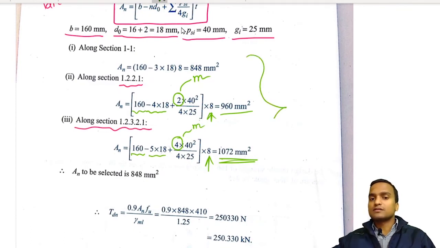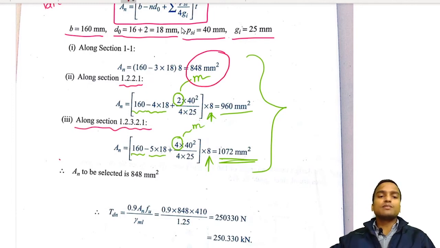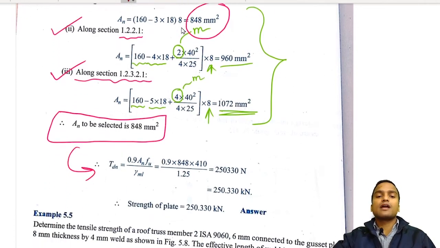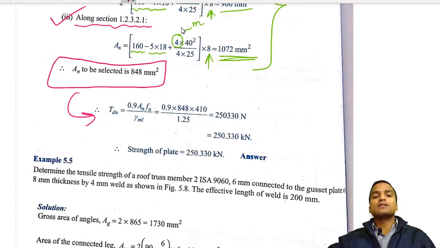Okay. So there are 3 net sectional areas which we have got, and if we analyze all these 3 critical sections, which one will give us the minimum strength? Of course, the critical section which has the minimum value of net sectional area. So the An we have selected here is 848 millimeter square. Now you will say, sir, why do we do this and this? Sometimes along these sections you get the minimum sectional area. So we have to do all the possible critical section calculations of net sectional areas, and that minimum value has to be used in this formula of Tdn, and then it is very easy to calculate the Tdn value.